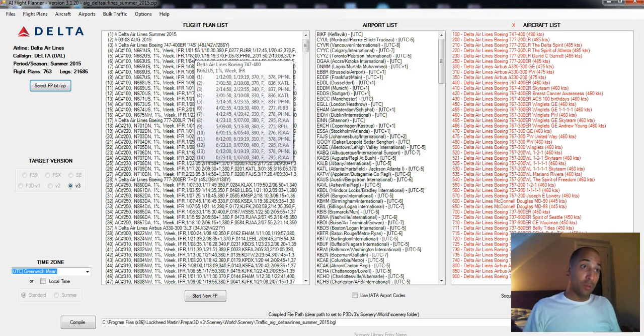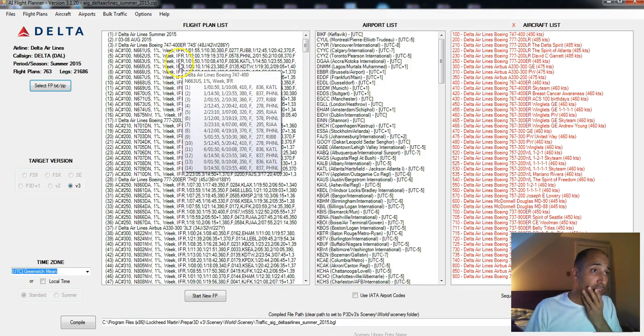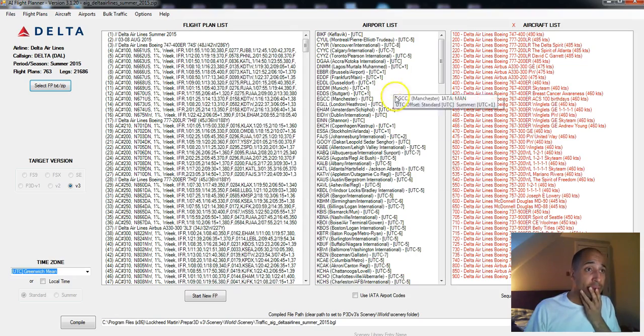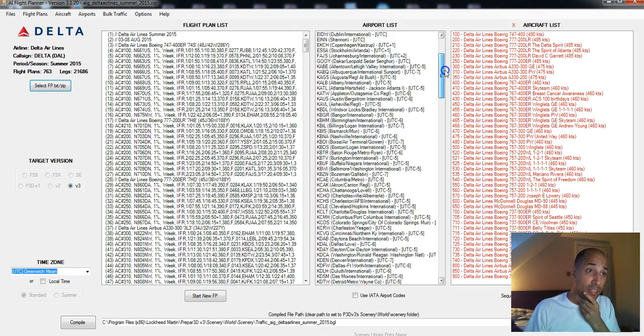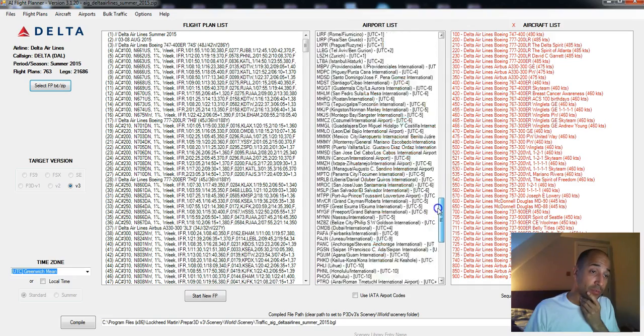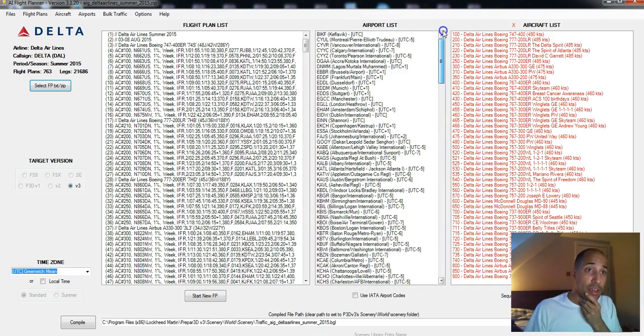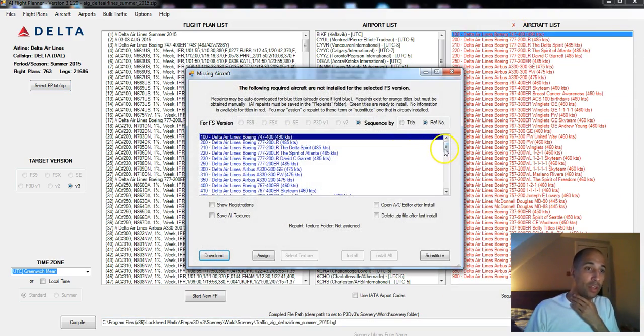As you can just see from doing a small airline, it doesn't take very long. So again, you've got the flight plan list for Delta here from last summer. The airport list, again, it's a fairly long one. And then you've got the aircraft list, which is fairly long, to be said. Double click on one, they're all blue. All blue, so you've got all the paints that you need